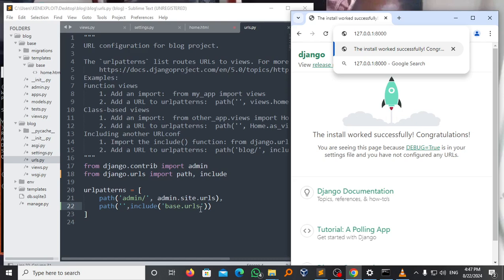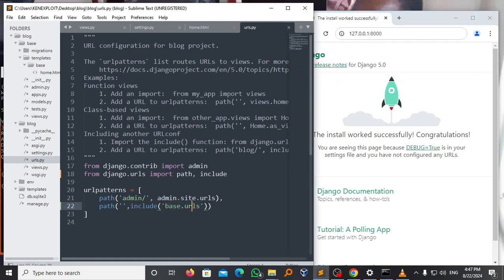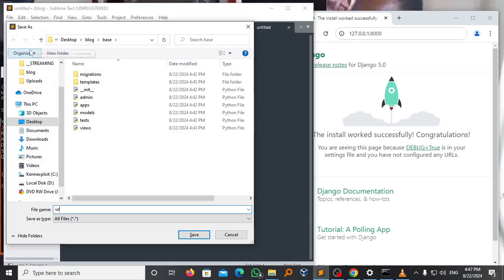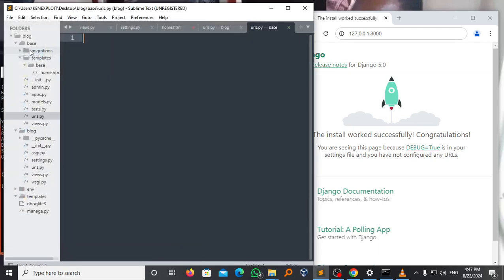So let us create this file called base.urls, which we don't have in our base app. So in our base app here, let us create this urls.py file, just like that. And inside here we are going to import some modules. So from django.urls import path. Path is going to be the location or directory on our server. Then urlpatterns